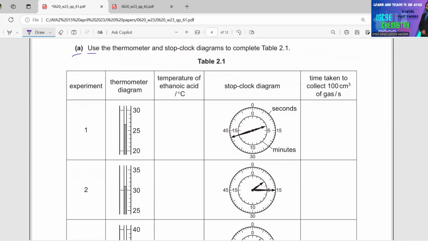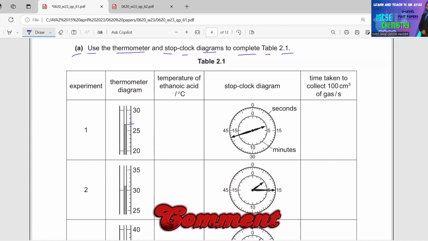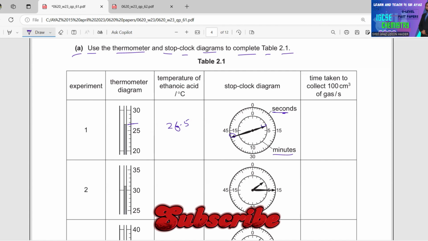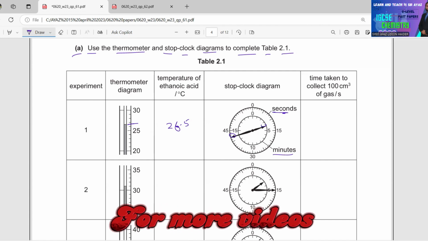A. Use the thermometer and stop clock diagrams to complete table 2.1. Now for experiment 1, if you look at the reading, it must be 26.5. What about the time? If you look at the time, this one is seconds, and this one is minutes. So if you count the minutes, 1, 2, 3, 4. So we have 4 minutes,